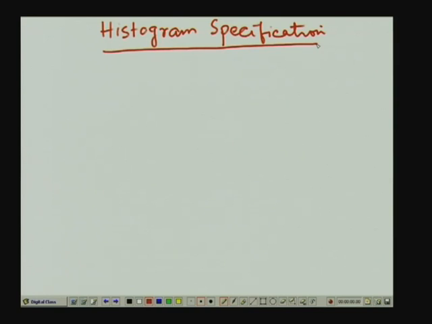As we have told in our last class, histogram equalization is an automated process. So, whatever processed image you get by using the histogram equalization technique, that is fixed, and histogram equalization is not suitable for interactive image manipulation, whereas interactive enhancement can be done